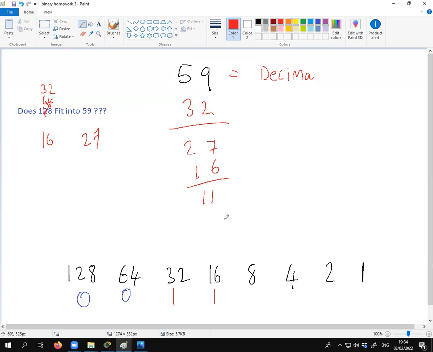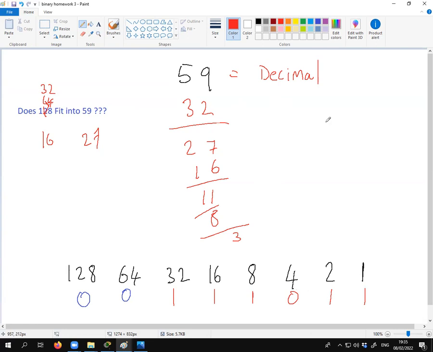Does 8 fit into 11? Yes. Put down a 1 and subtract and you're left with a 3. Does 4 fit into 3? No, it's too big. So you put down a 0. Does 2 fit into 3? Yes. Well, 2 and 1 make 3, so you can put down a 1 here and a 1 here. So the binary equivalent of 59 is equal to